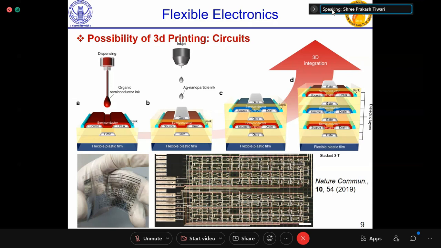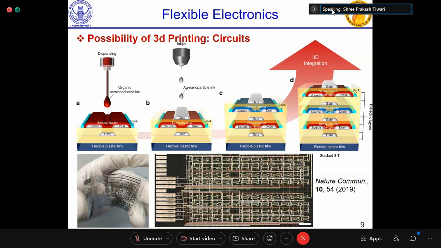But then if you are able to print multi-layers, and not only multi-layers for a single device, but multiple layers of devices, that possibility is given by this printing. And when you have the capability of printing multi-layers and multi-layers of devices, then you have the option of this 3D integration. Okay, so that also, again this report is from 2019, where